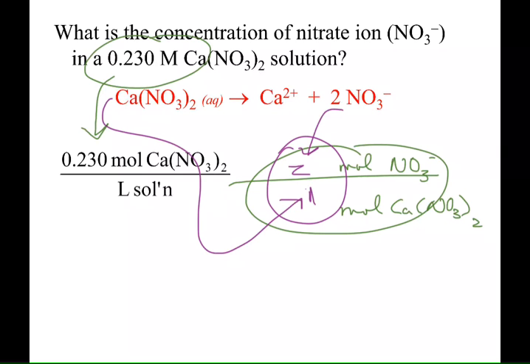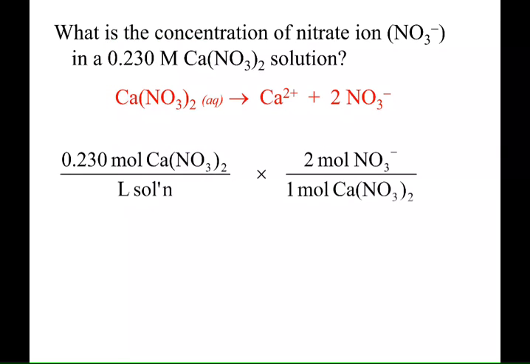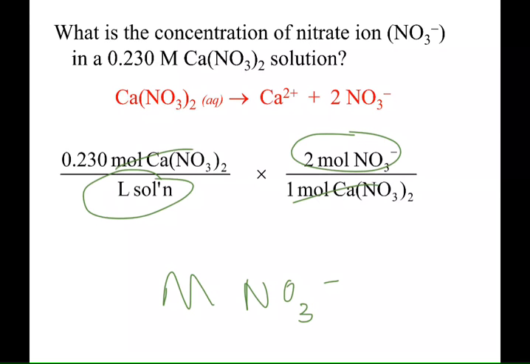So now my moles of calcium nitrate cancel, and we're left with the moles of nitrate ion. Notice what's in the denominator here still is liters of solution. So I have moles of nitrate per liter of solution, which is what? The molarity of NO3. Of course,